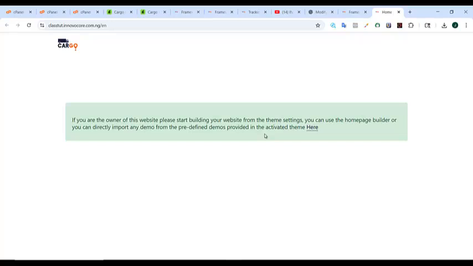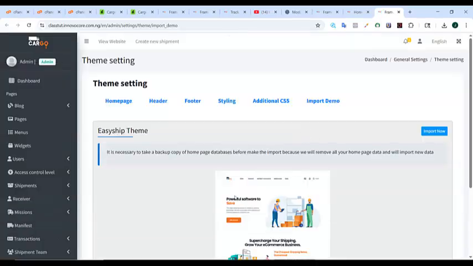activated theme. Now, the fun part of this script is that you can build by yourself. You can create your own design by yourself. But if you feel like you don't have the time to do that, they already have a demo template for you. So if we click here now, it's taking us straight to our admin settings. So we get here now, you can see the